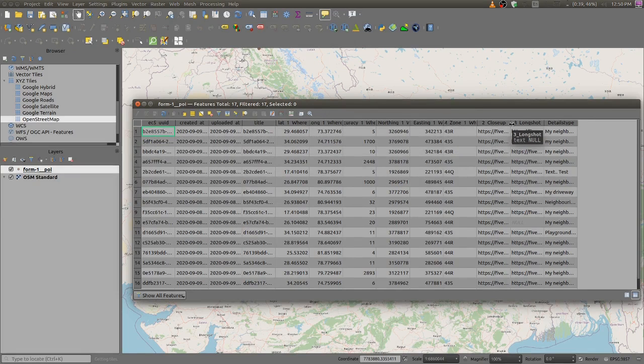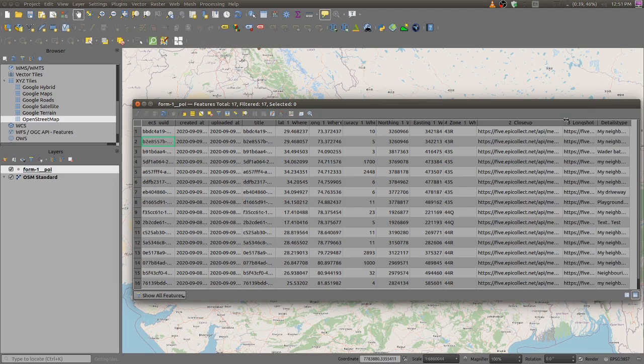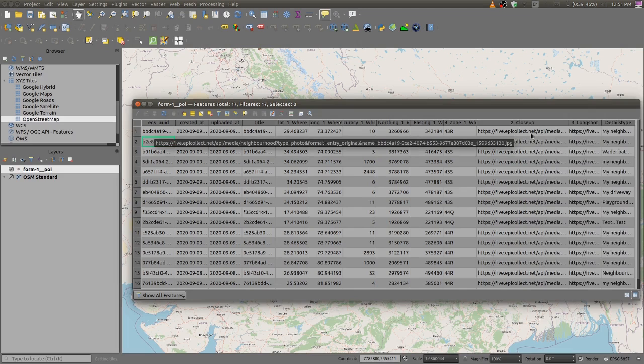This is the lat long, and these fields are the photographs, linked to the photographs. So these are what you clicked when you were collecting the data. We will see during the training how we can bring those photographs into the map, and how all those things work, in detail during the course of the training.